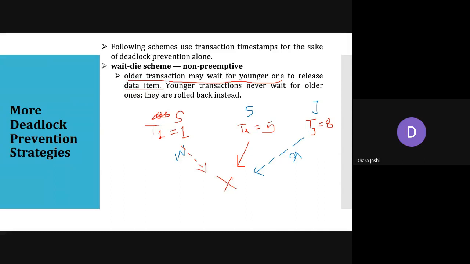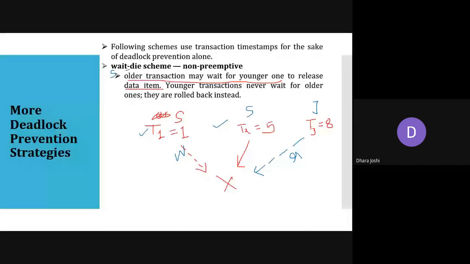Okay. So now T2 has acquired a lock on data item X. We are comparing only two of the transactions at any time. Suppose we compare transactions T1 and T2. If transaction T1 now wants to acquire a lock, T1 needs to wait. And if T3 wants to acquire a lock, then T3 will never wait. It will just be rolled back. As you can see here, wait-die: wait is for the senior and die is for the junior.